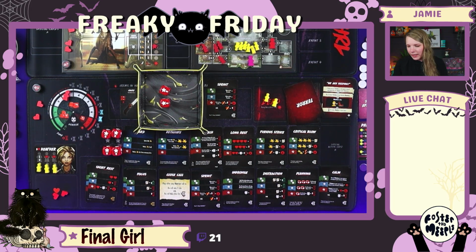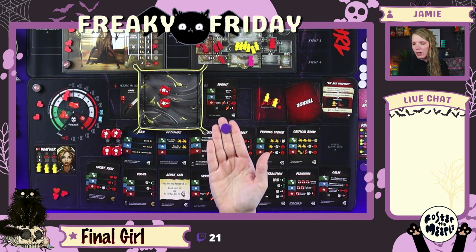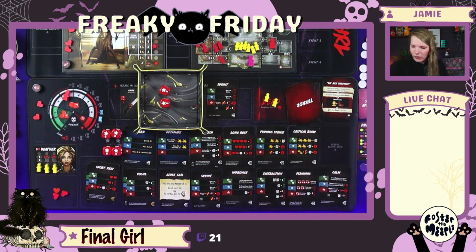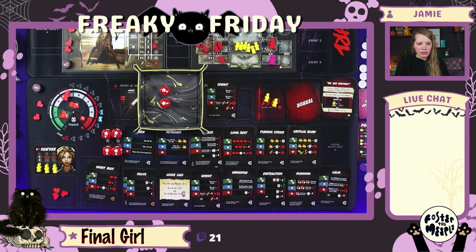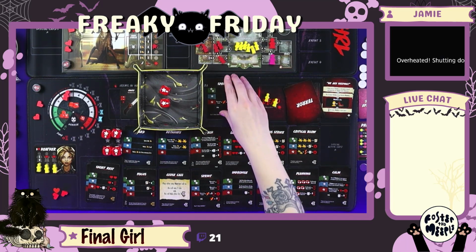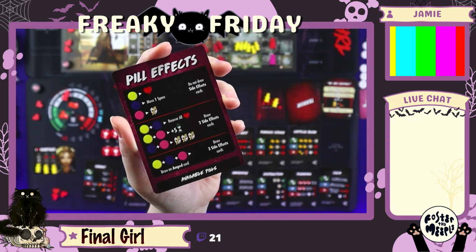So what I can do is I can eat one of these pills, which I think I'm going to do, because I can do that on my turn. I can consume as many as I want. And I have 2 blue pills. So I will consume 1 blue pill, which is going to allow me to move 1 space. And the question is, do I want to do it again? Because I don't have to take a side effect card for that, because it's just a 1-er. Oh,